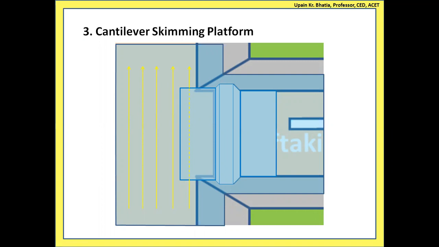So that ramp formation will never be complete. If the ramp up to this point is not formed, the bottom layers will not be able to climb up that ramp and enter into this off-taking channel. So that process of making the ramp is interrupted continuously by washing it out. So this cantilever skimming platform avoids the formation of the ramp and continuously segregates the bottom layers of the flow, and thus it avoids the entry of silt into the off-taking channel.